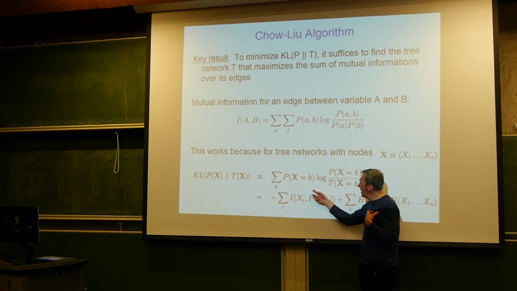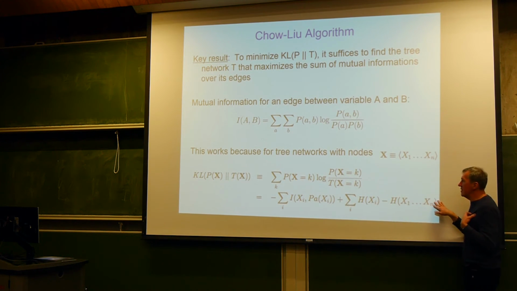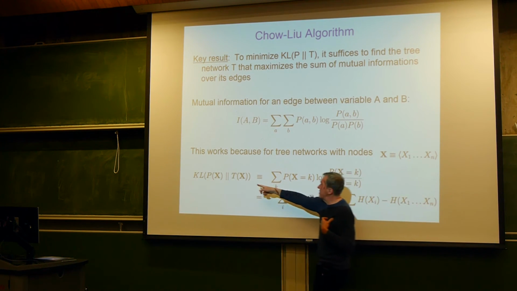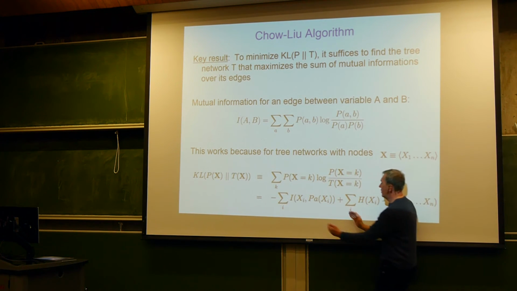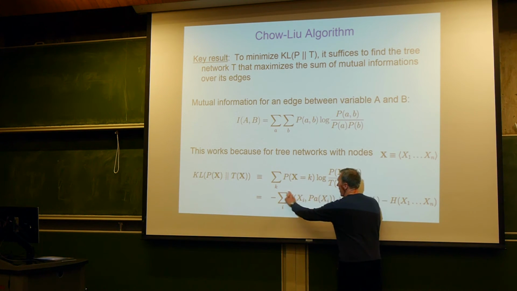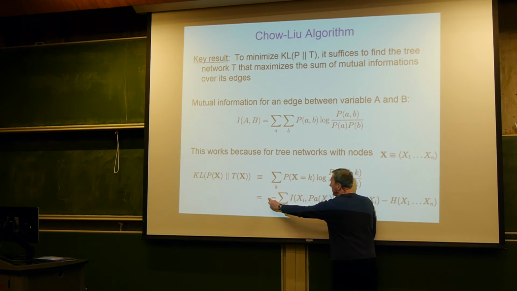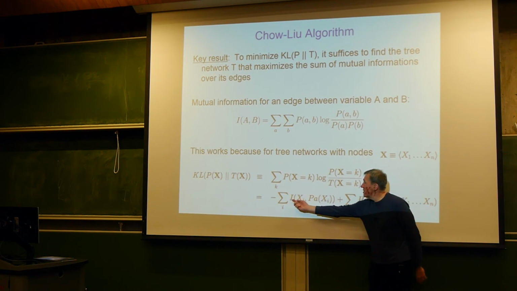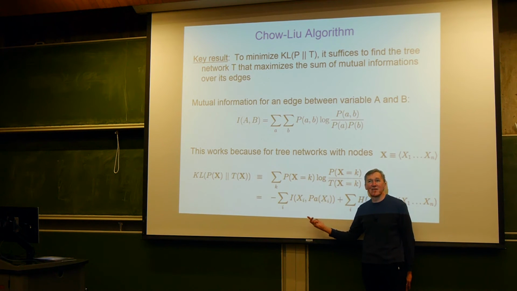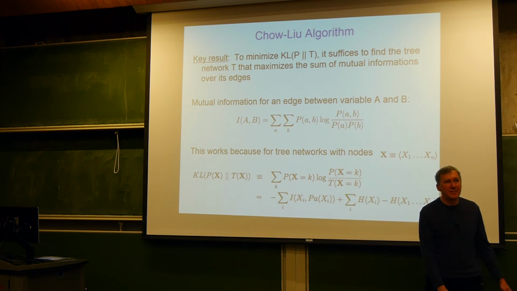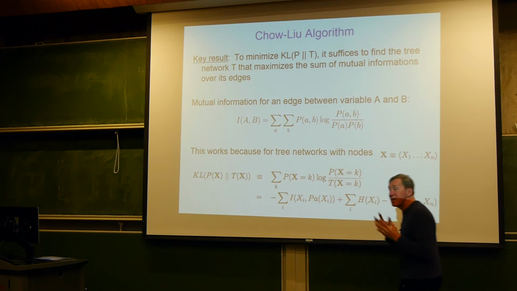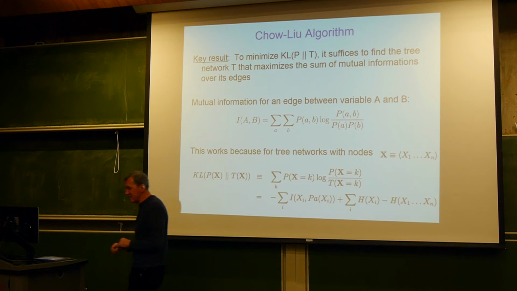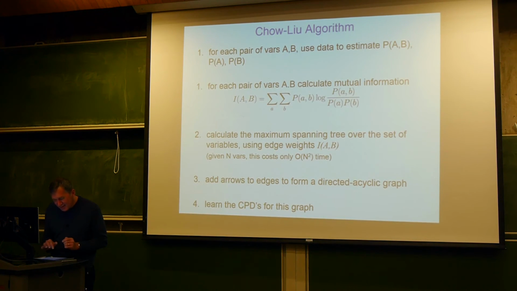So if I'm trying to minimize this expression, I want the smallest KL divergence. The only term that I have to worry about is this term. And minimizing this term is the same as maximizing if I leave out the minus sign. So I want to maximize the sum of the mutual informations over all my variables. So that's the tree I want to pick. I want the one that maximizes that. How can we do that? Well,